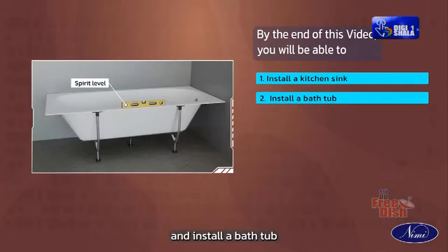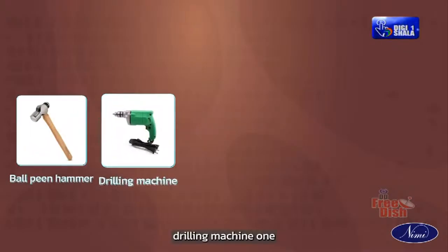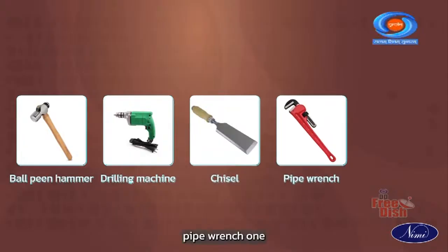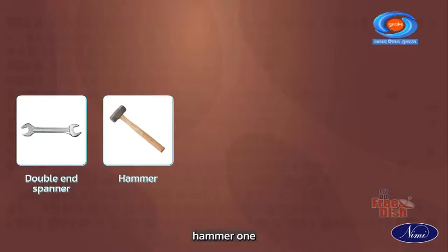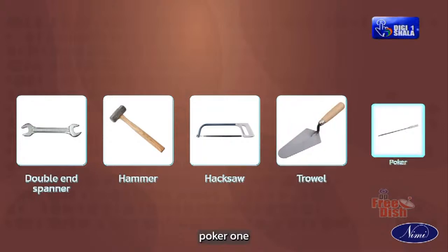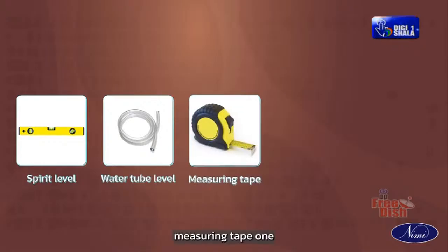and install a bathtub. Let us collect the tools, equipment and machinery required to do this. Ball peen hammer 1, drilling machine 1, chisel 1, pipe wrench 1, screwdriver 1, double-ended spanner 1, hammer 1, hacksaw 1, trowel 1, poker 1, spirit level 1, water tube level 1, measuring tape 1,